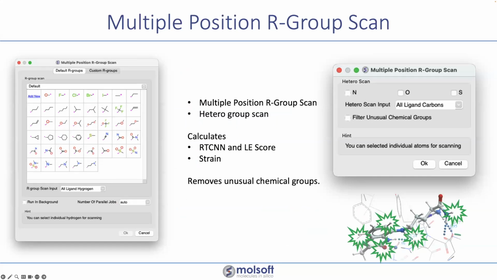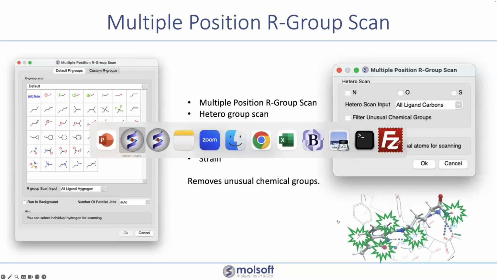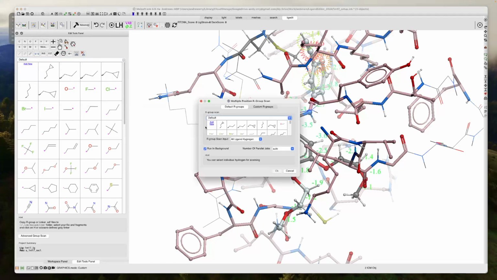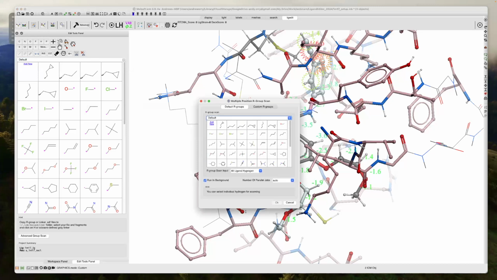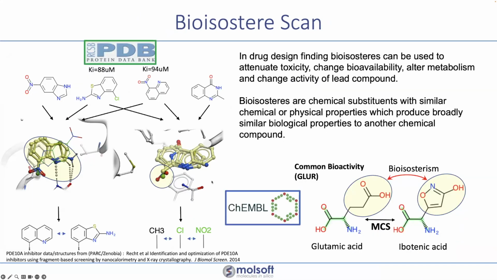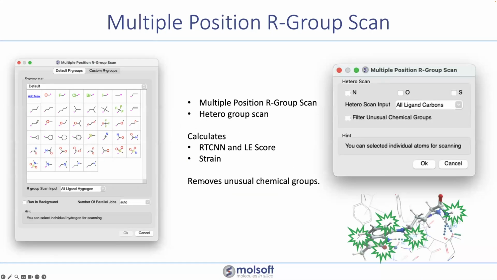You can also do, if you're trying to escape a pattern or something, you can just allow ICM to screen a large number of substituents at various different points around the ligand, so multiple positions, and just let it run overnight, and then you'll get some suggestions. It's called hetero multiple position R group scan, and you can choose which groups you want to screen to those positions. There's actually videos on all of this on YouTube if you want to